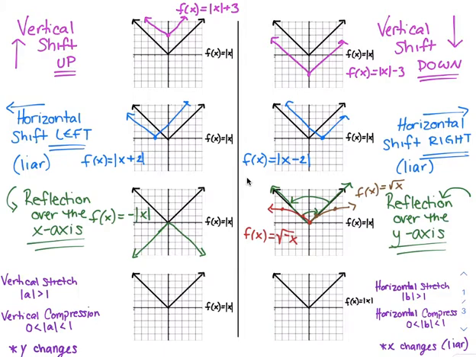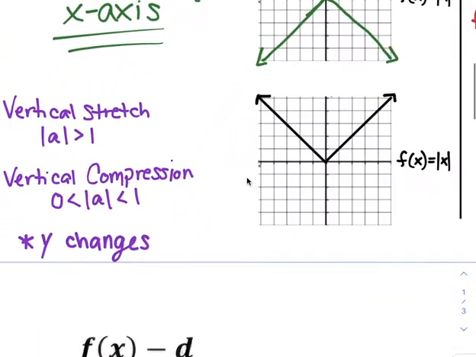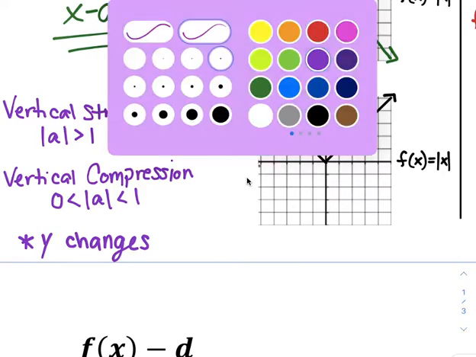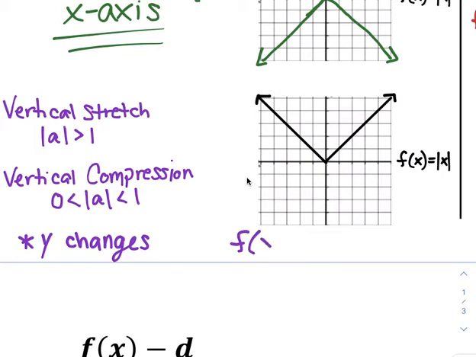All right, so for our last ones, a vertical stretch or a vertical compression happens whenever there is something before your grouping symbols. So something before the parentheses, something before the absolute value symbols. Something is going to take all of my y values and either stretch them up or down or compress them closer to the origin or closer to the x-axis. Okay, so for instance, let's make ours f of x equals 1/2 of the absolute value of x, okay? So if I took this problem,